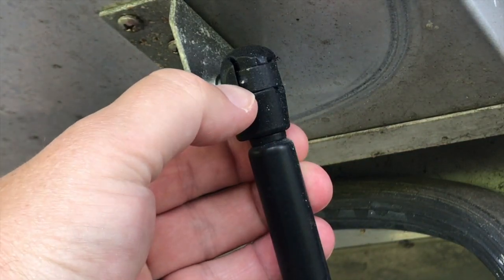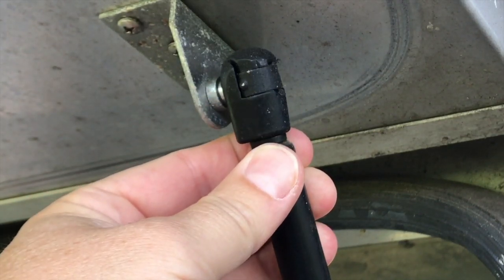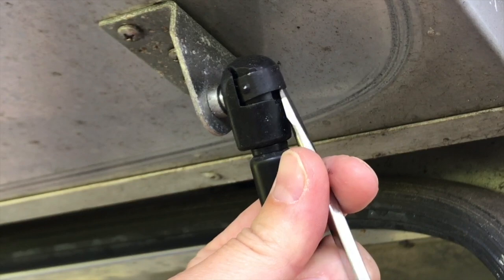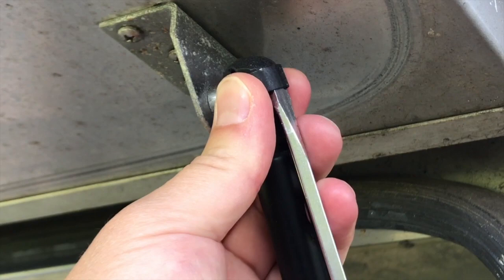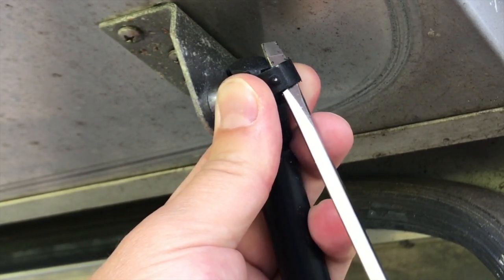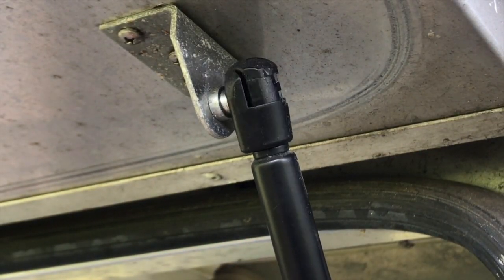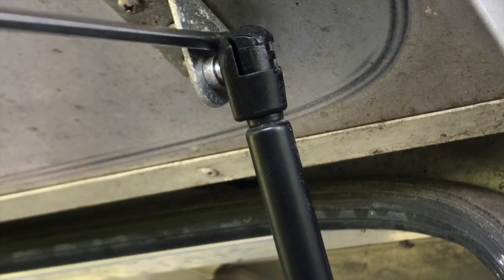Now at the top and the bottom of each strut, there's going to be a little retaining clip. So really the only tool you should need is a flat bladed screwdriver, and you just insert that up under the clip and loosen the clip. You do want to be careful because if you take it all the way off, they'll go flying off into Never Never Land. You don't have to remove it completely. Once that clip is removed, then these will very easily pop off,